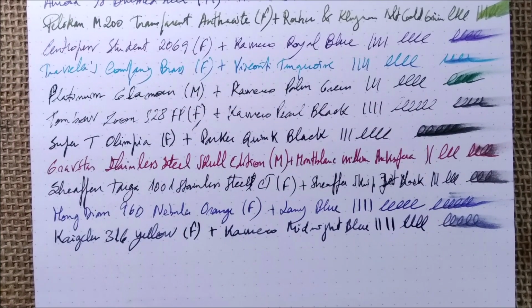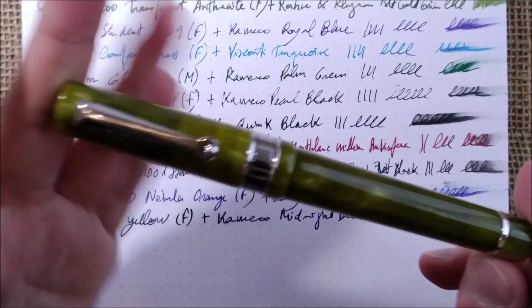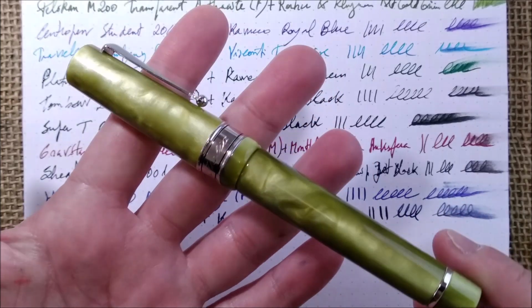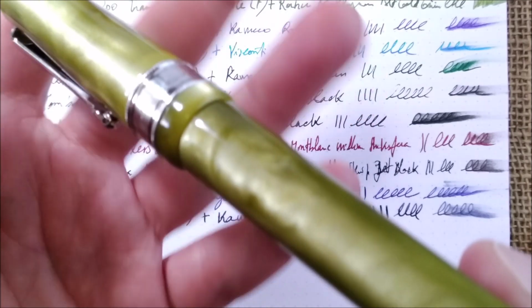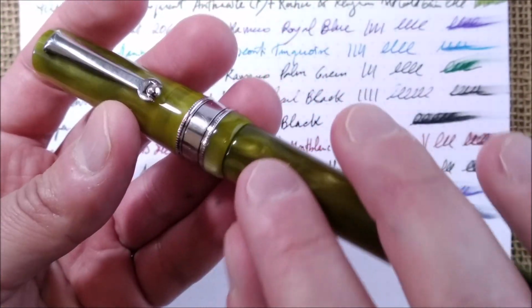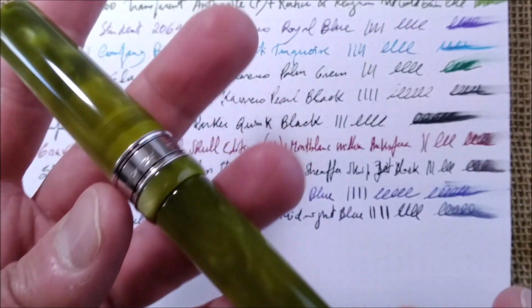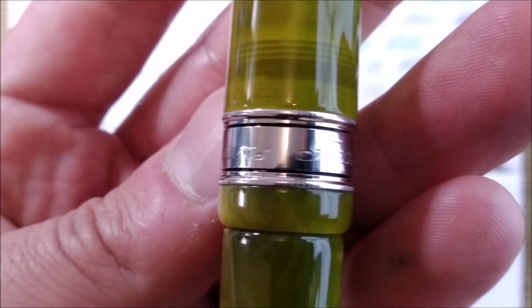And the final pen is a very exciting pen. This pen is amazing, and it is my latest Italian pen acquisition. It is wonderful. It has a wonderful color. It has a wonderful finish. It has wonderful details. I really love this pen, and you can see there it is Centini